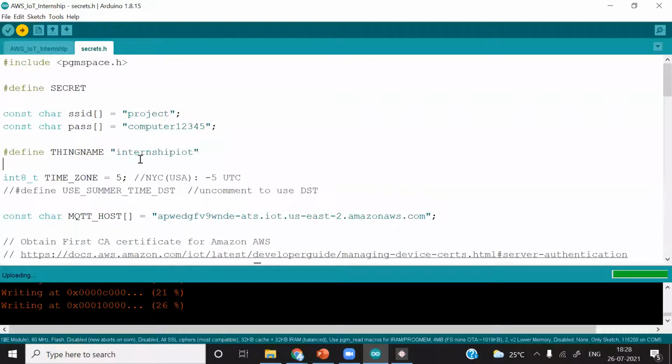There is one thing we forgot to update, the thing name. I'll simply set it to ESP8266 control.